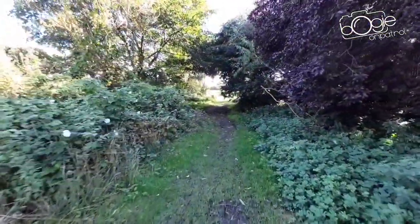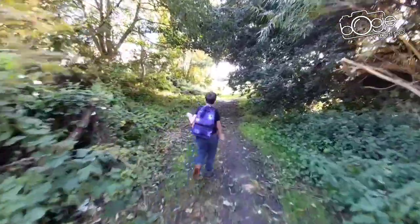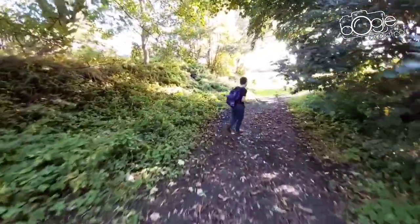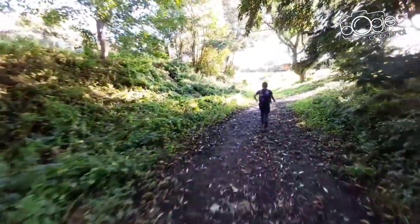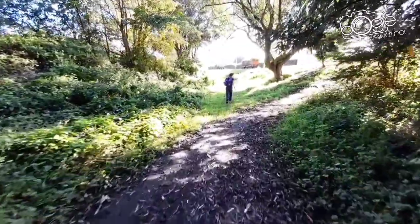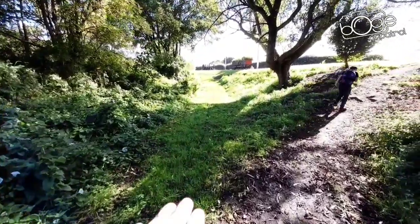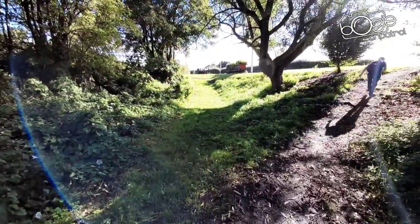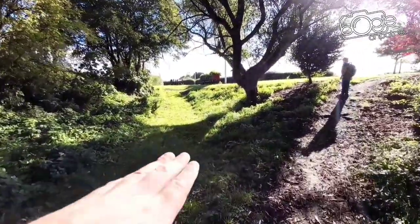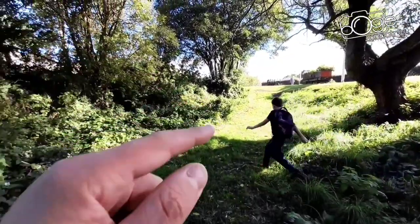So we're coming up to the main road, and this is where there was a bridge. So the road went over the railway. Obviously the railway continued on here, but we've got to go up this bit of an incline here. But the railway went underneath and continued on